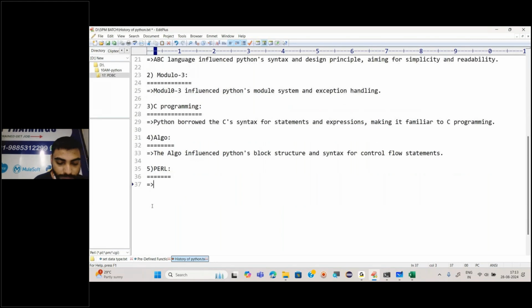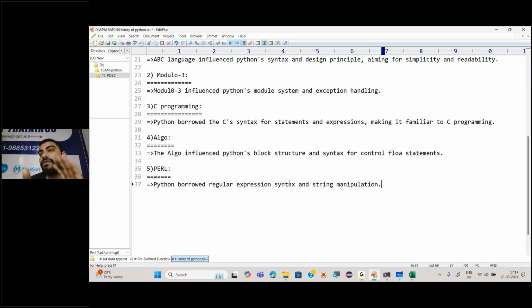So I would say Python borrowed regular expressions, as regular expressions handle text information, text retrieving. Okay, so it borrowed regular expression syntax and string manipulation. I will tell you what these are.